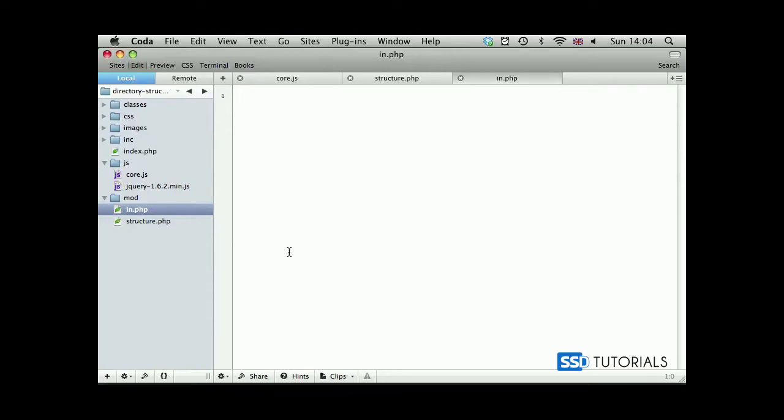Now inside of the in.php, opening PHP tag, and we start if isn't empty. We expect in the post, which will have a variable name of path. So if the path hasn't been empty, then we require once our autoload file. This time we have to go folder up, so two dots / inc